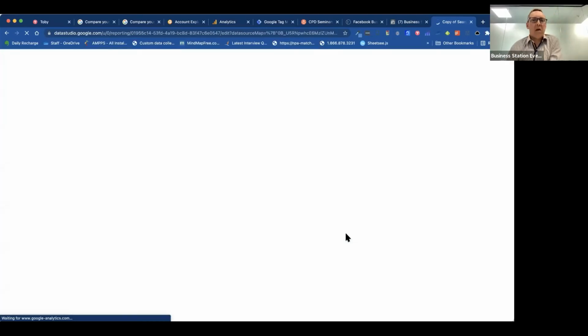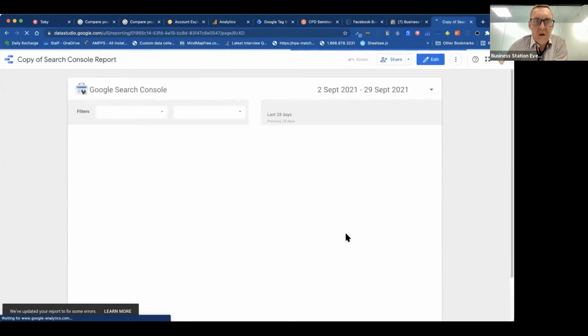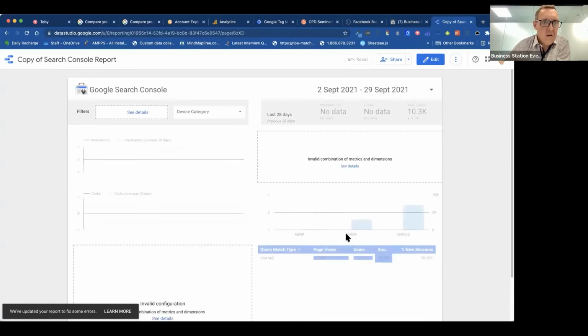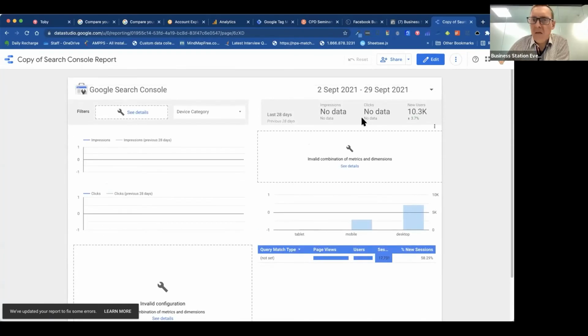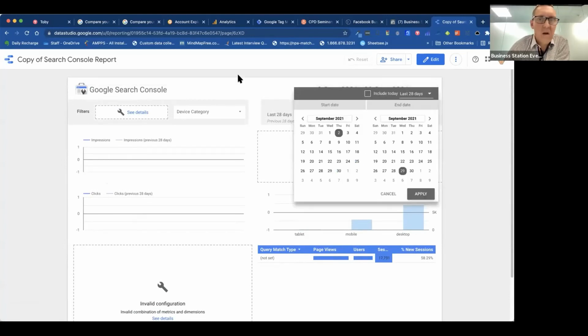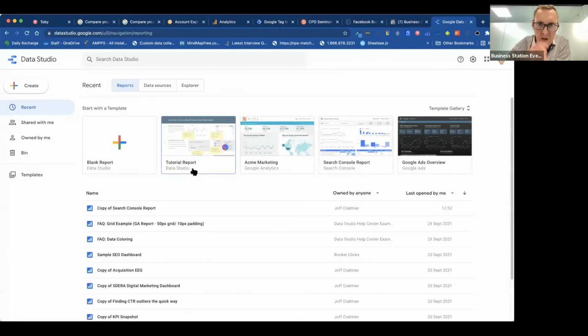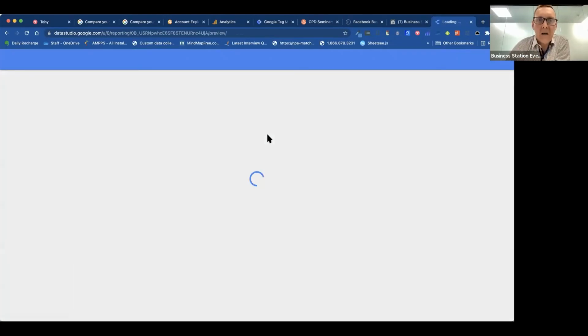Bear with the internet as it loads this one up. It's gone from our sample data into... okay, that hasn't actually given us any of the data, which is not particularly great. Let's go back to the homepage of Google Data Studio, and instead we'll just go with the standard marketing report